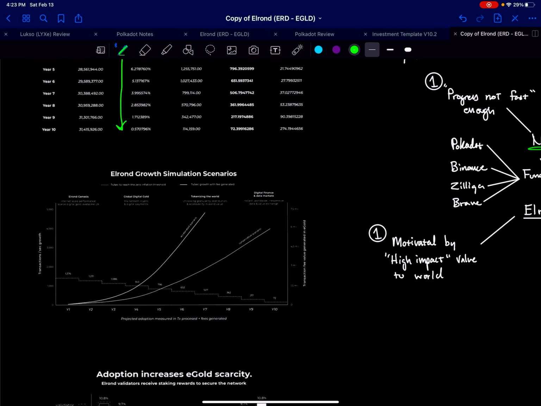Over time, they want the network to go from, if they start seeing a lot of volume, the amount of inflation will actually decrease. So you can see over time, as they get more user adopters, the amount of transactions that have to be done to maintain the network goes down. This is the amount of transactions a second for growth. So there'll be about 1,000 transactions, and towards the end of their lifespan, if they scale to a lot of people, there will be about 72 transactions to support the network, and they won't need inflation to pay for running the network, and that's how they'll have that constant supply of EGLD that will remain the same.